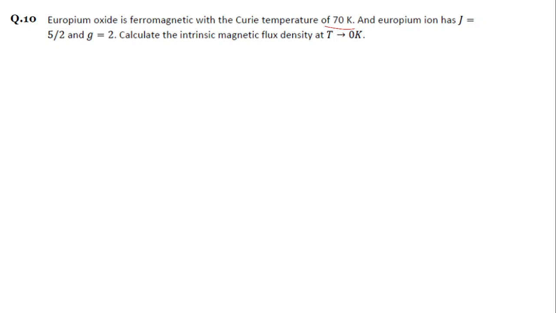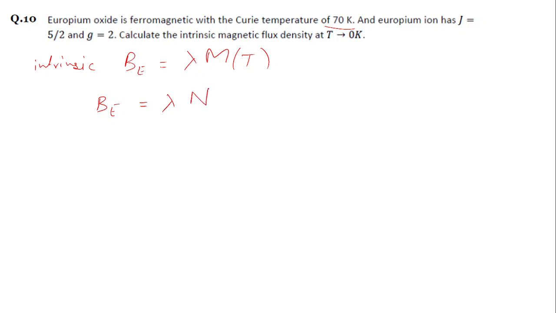Okay, so we have to find out the intrinsic magnetic flux density, that internal field. And you know, from the Weiss molecular field theory, the intrinsic magnetic flux density is given by this formula, a function of T and magnetization, right? And this is some constant. From the derivation of this theory, this internal field, or this intrinsic flux density, is given by this